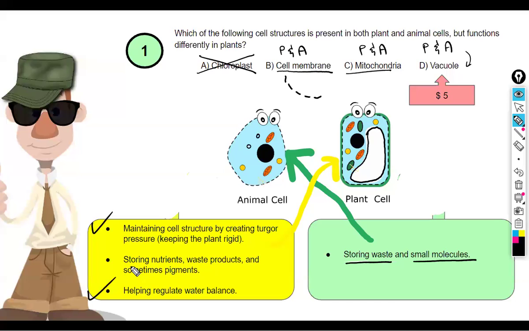They have slight differences. I want everyone to take down the question and the answer, which is the vacuole, obviously. The answer is D. And I want you to take down the reason for it. Now, when you're drawing the plant and animal cell, you're not drawing detail. You're just drawing a circle here. You're calling it the animal cell. Then draw a rectangle here, call it the plant cell. And take down the reasons as well. Let me know when you are finished.